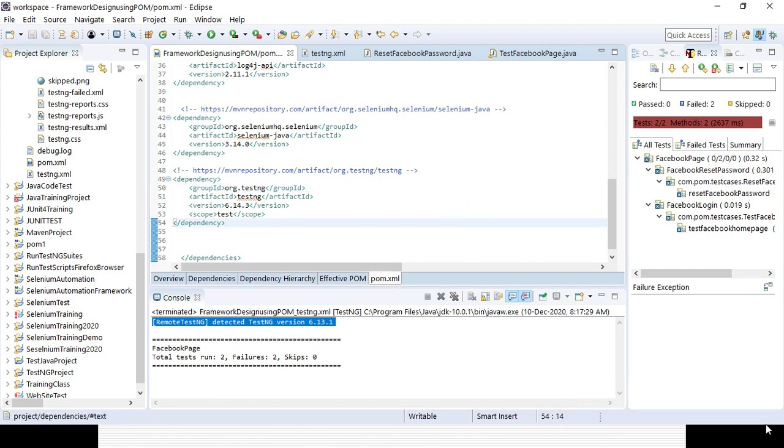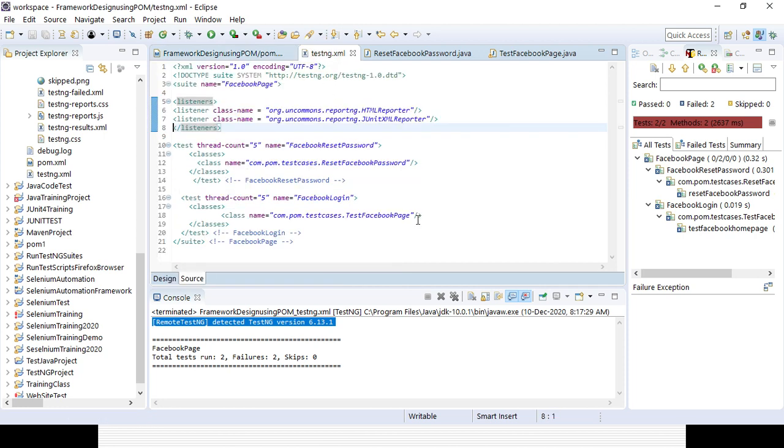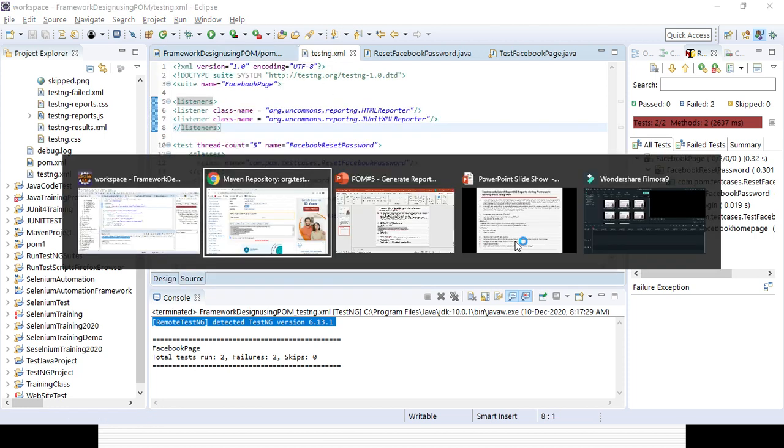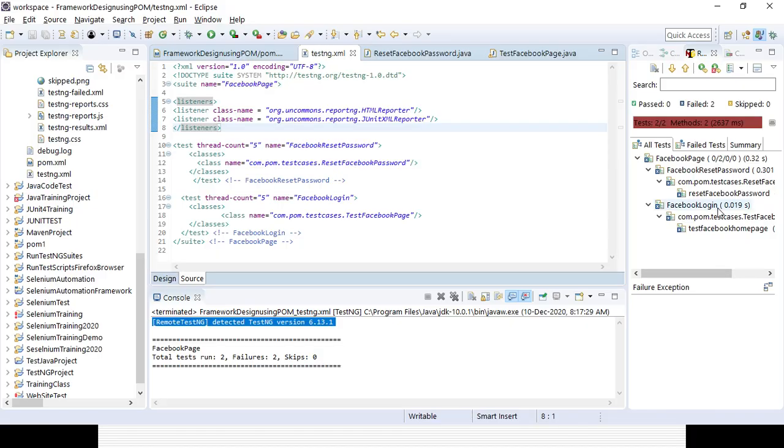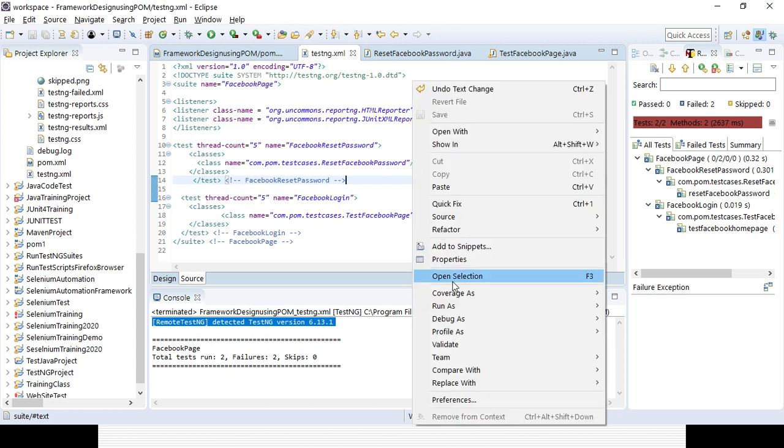Hopefully it got saved. Now if I try to run it from the testng.xml file, let's see whether the error message is still being displayed or not.